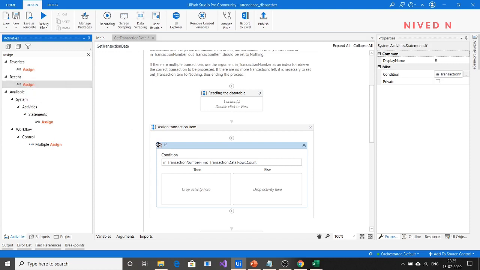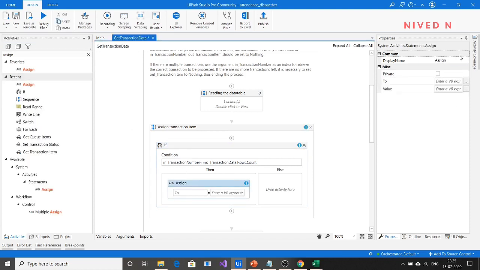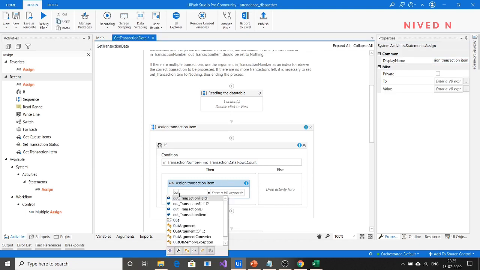For that, use an assign activity here. You can name it assign transaction item. What is the transaction item variable?